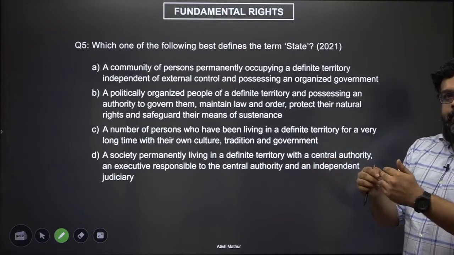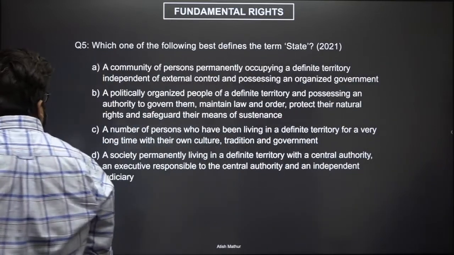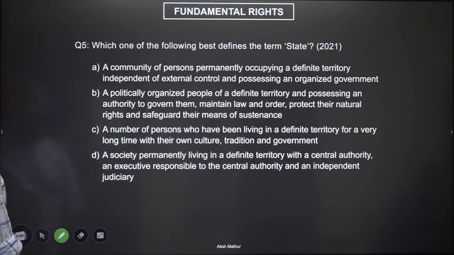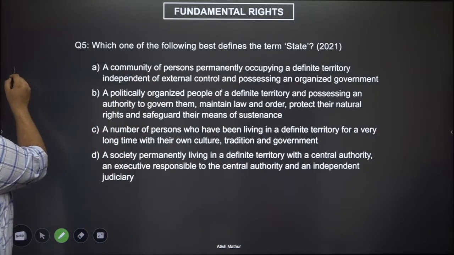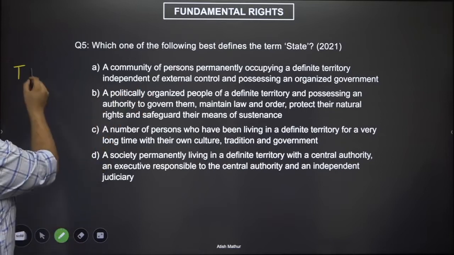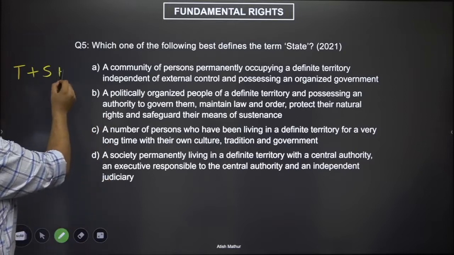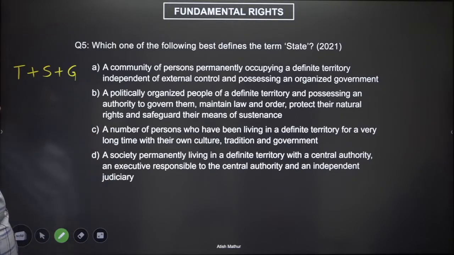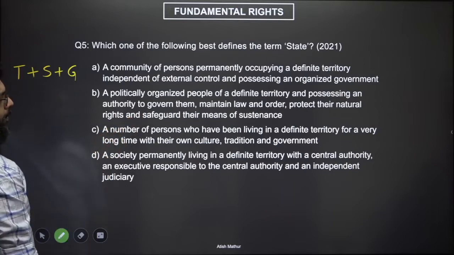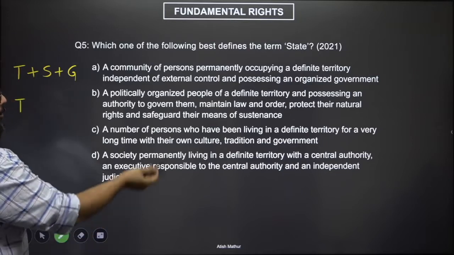We'll try to simplify it as we get along. Okay? A community of persons permanently occupying a definite territory, independent of external control, which means it is also sovereign, and it possesses a government. Okay? Second option, a politically organized group of people, a politically organized people of a defined territory and possessing an